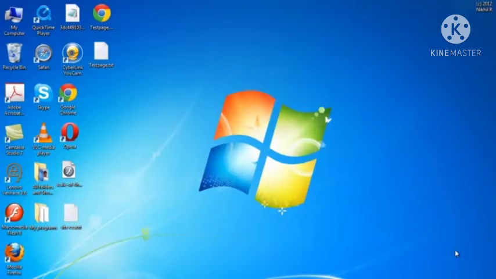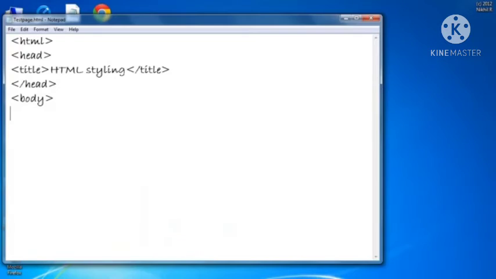Okay. Now we are going to see different elements. First we have to open Notepad and type HTML. The P tag is for paragraph, and then font size, then after that face, which type of text we want, and then the color of the text, whichever color you want in your text, that also you can write.